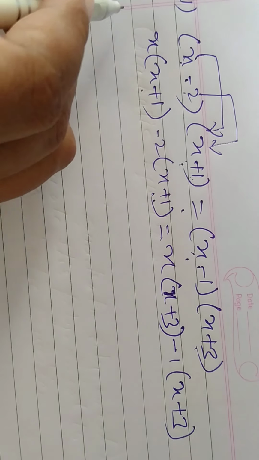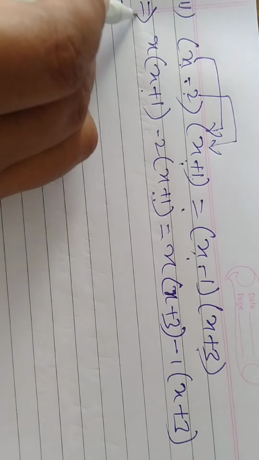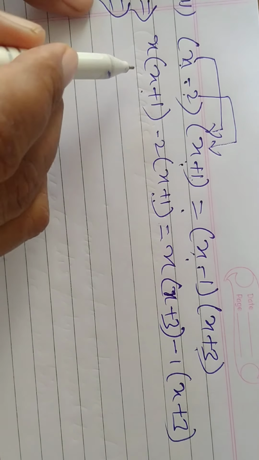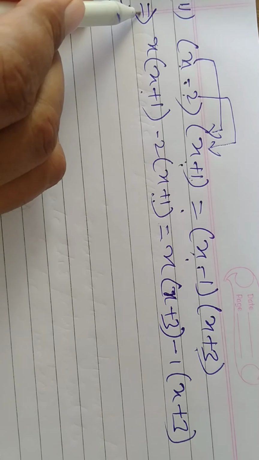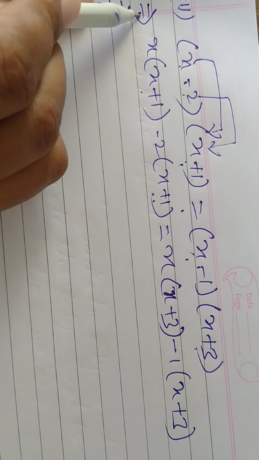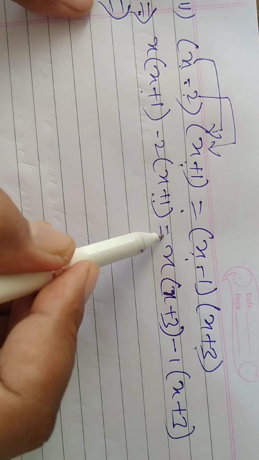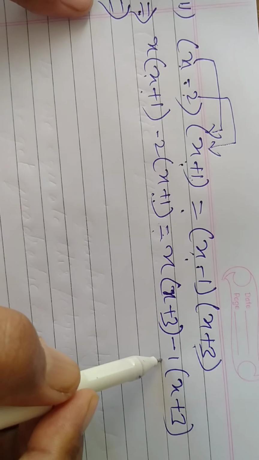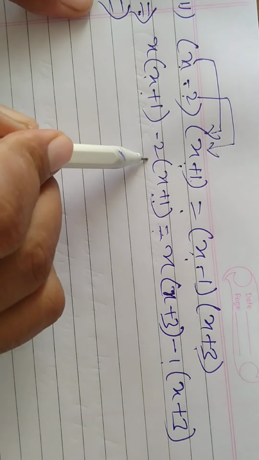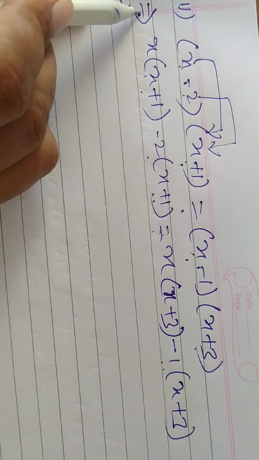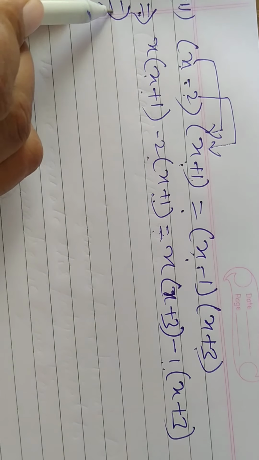After that we start solving. Do you know what this sign is? This is called the implies that sign. When we write before equal and after equal, here before equal is also written, after equal is written. That is why we give here the implies that sign.